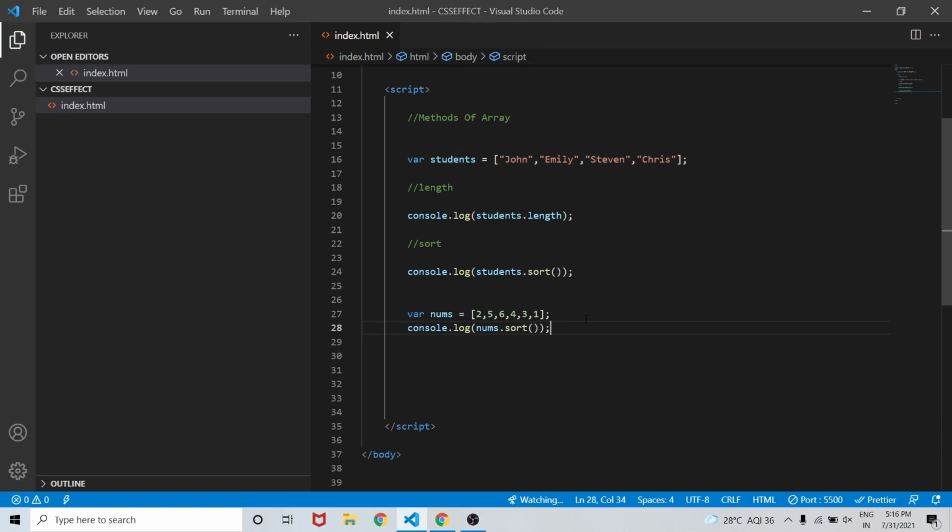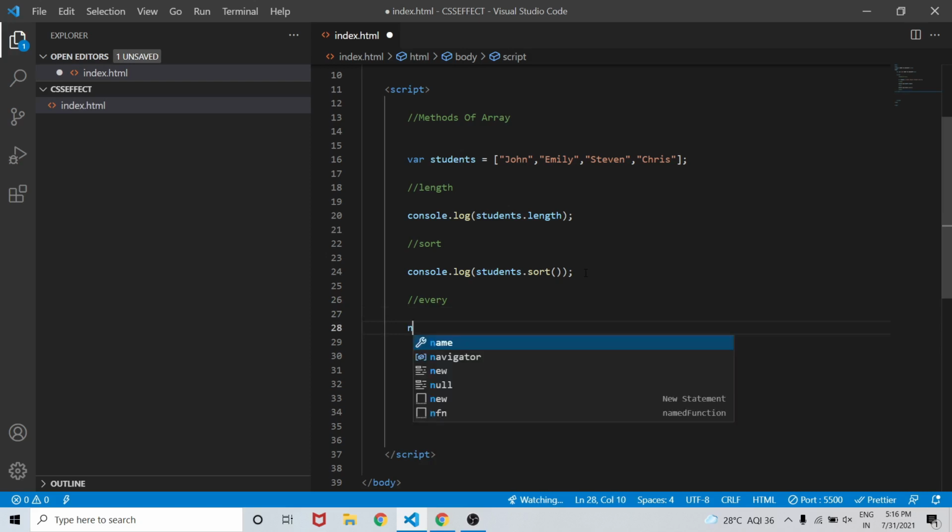Now we will see a method which is every. So let's create a variable nums and let's pass some values 1, 2, 3, 4, 5, 6, 7, 8, 9, 1.